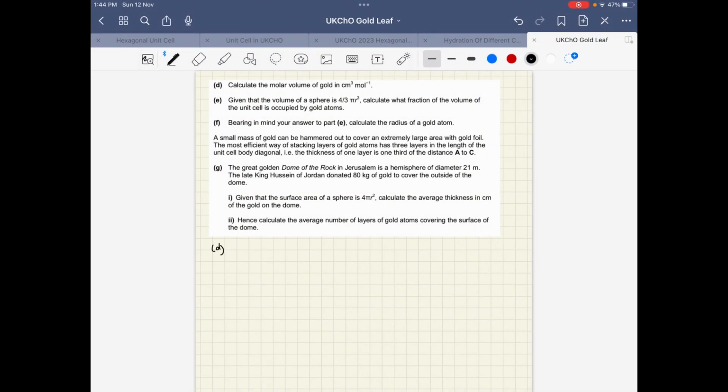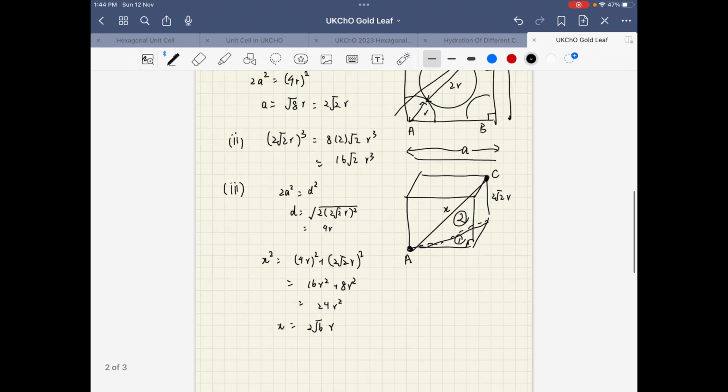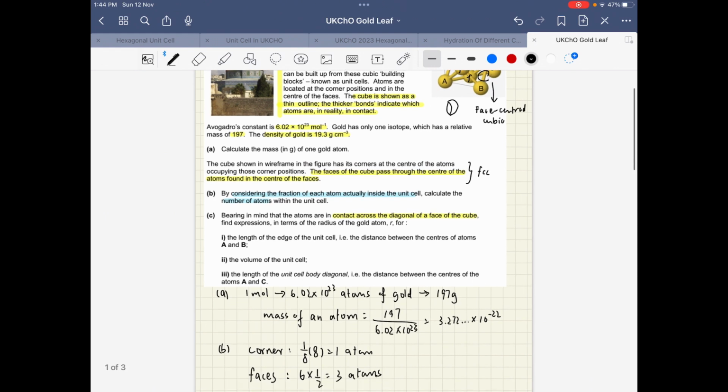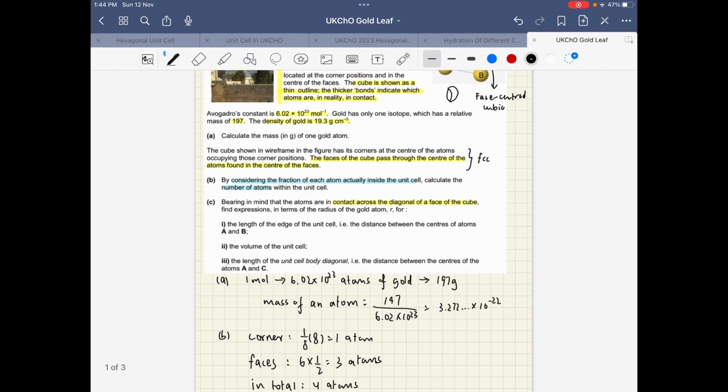In part D, we are required to calculate the molar volume of gold in centimeter cube per mole. So what the molar volume means is that if I have 1 mole of gold, what would the volume of this amount of gold be? So we will still have to use the data that it provides us. So the molar,